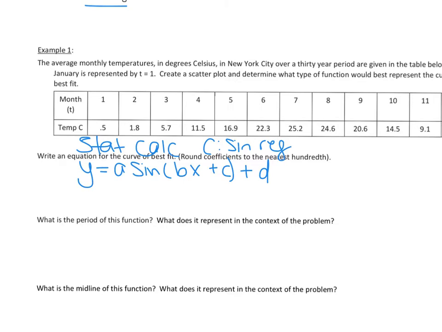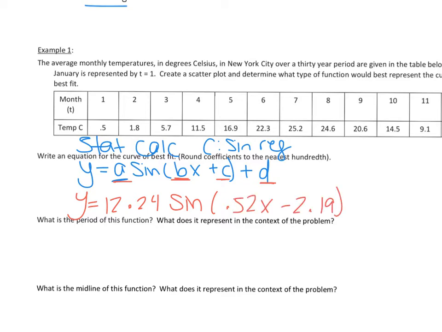You're going to then take the coefficients, the letters, and fill them in, rounding to the nearest hundredth. So I had gotten 12.24 sine 0.52x minus 2.19 plus